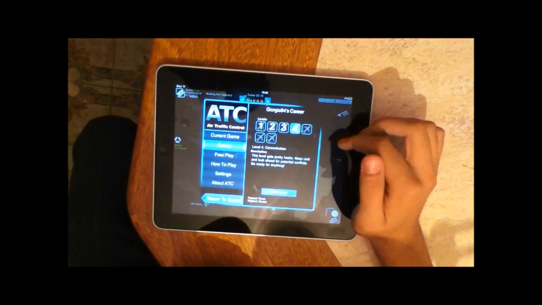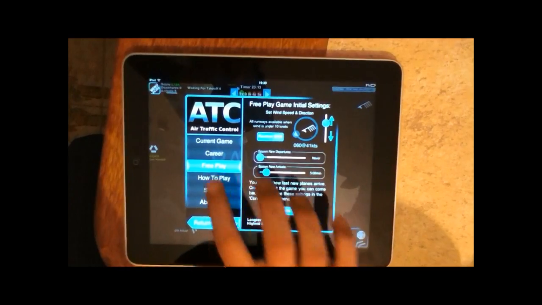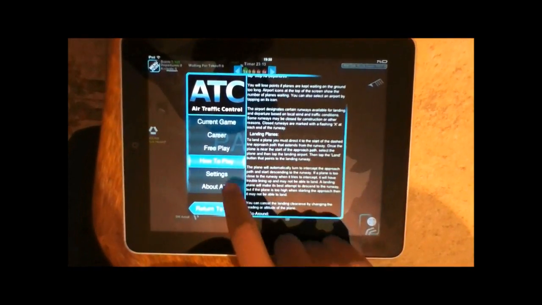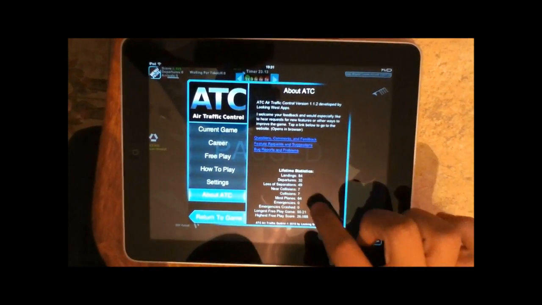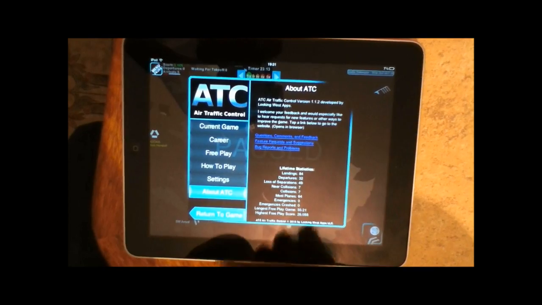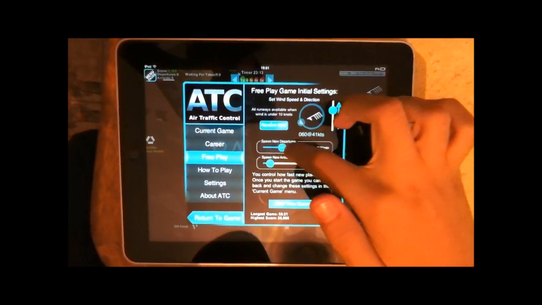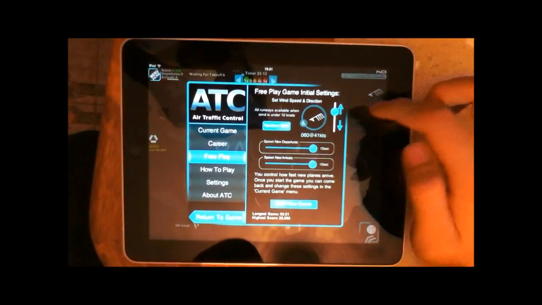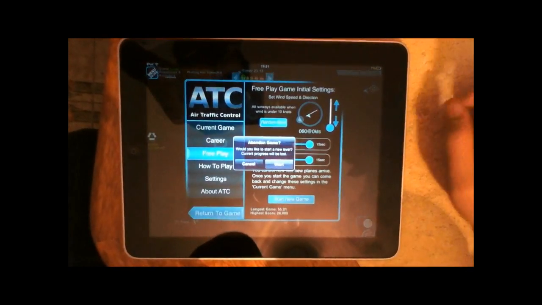You can start a new career, you can do a random game, you can learn how to play with all the detailed instructions, change the settings, or learn information about the game, the developer, and the games you've played. So I'm going to show you a very basic game. We're going to make airplanes spawn every 15 seconds, and we want 0 wind. So we're going to start the game,